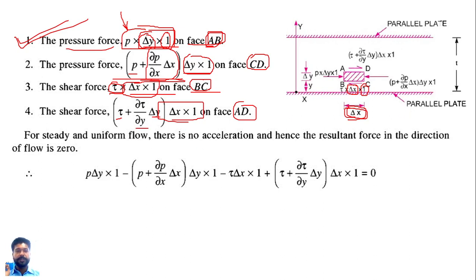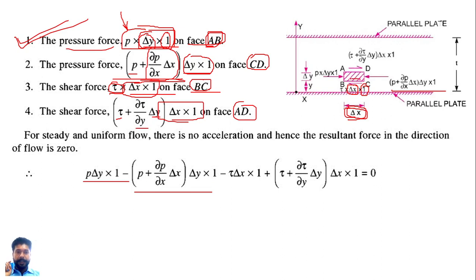So the first force, which is applied on the AB side, is P into delta y into 1, which is applied to the right side from the left side. So it is the positive P into delta y into 1. This force will be negative, so the negative of P plus del P upon del x into delta x into delta y into 1. This is your negative term. The third term is tau delta x into 1,